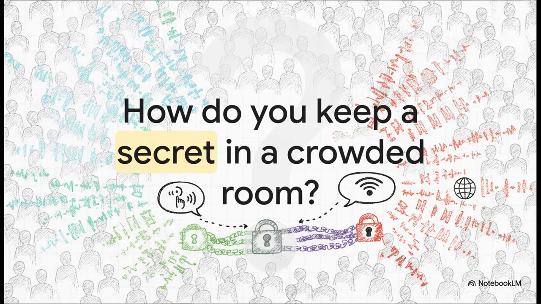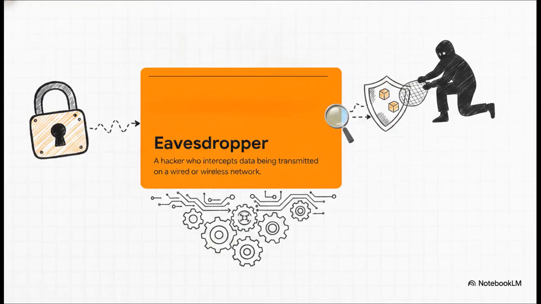Well, sending data over any public network, whether that's a wired fiber optic connection or the Wi-Fi at your local coffee shop, is exactly like shouting in that crowded room. Your data's just out there, totally open and vulnerable to anybody who happens to be listening. And unfortunately, there are people listening. In the networking world, an eavesdropper is essentially a hacker who intercepts data while it's in transit. Without any protection, sensitive stuff like credit card details, medical histories, or legal documents can just be scooped right up